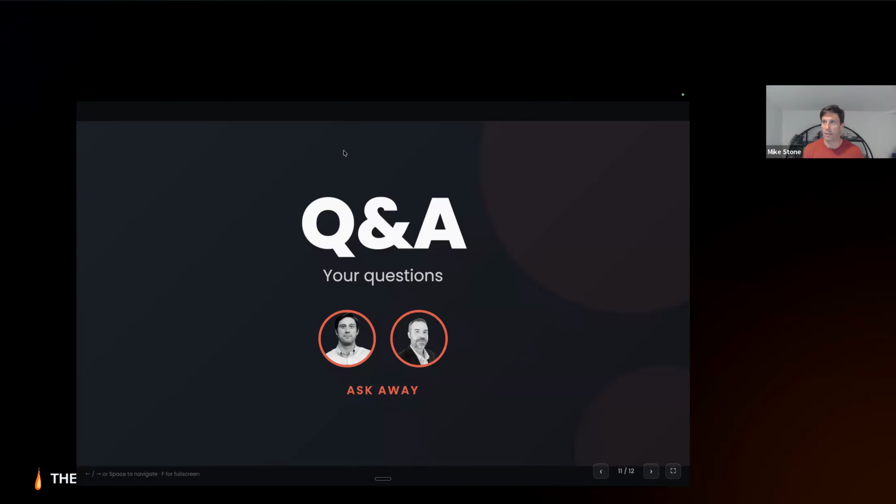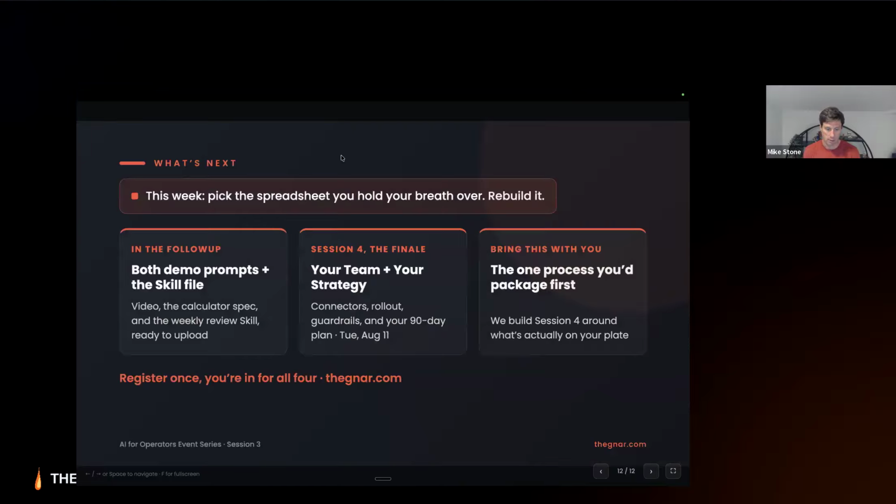Yep. And at the end of the day, it's just a text file. So if it gets something wrong, modify the skill file. You can do it through Claude or just open up the file directly and make the changes that you want to see.